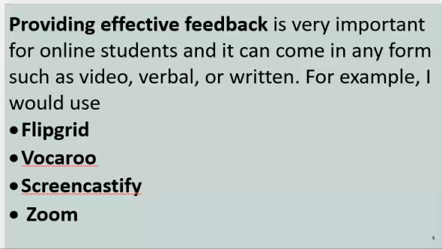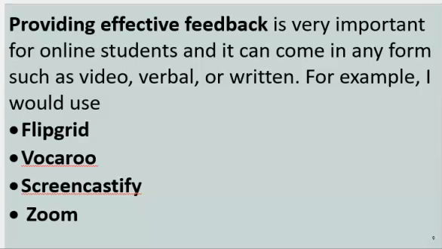Vocaroo is also another way. It is a web-based online voice recorder that doesn't require a user profile or a login system. I can make the recording and share the link on the platform with the students.